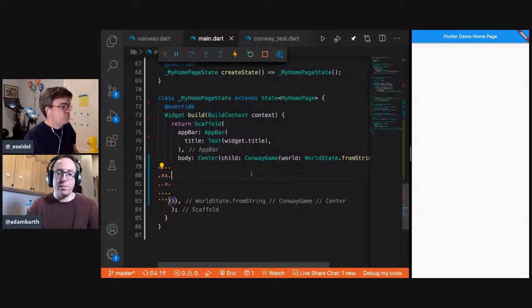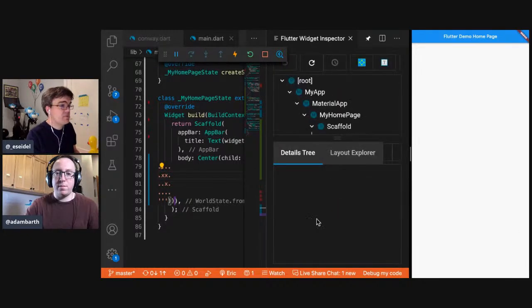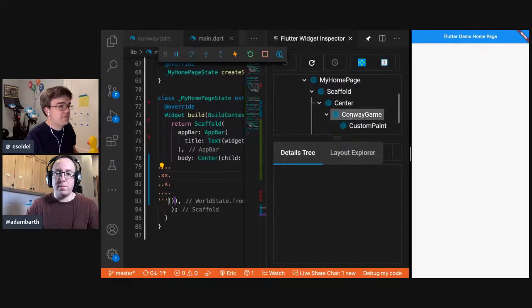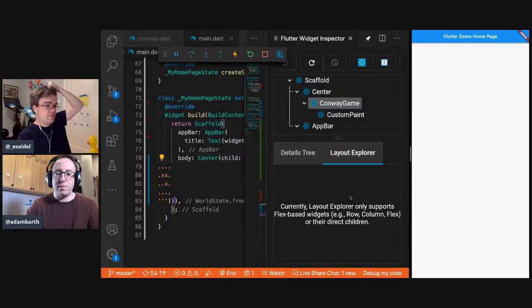Okay. Let's go to the inspector. This is actually the inspector that I wanted. I wanted the fancy DevTools one, but this one might work. Okay.